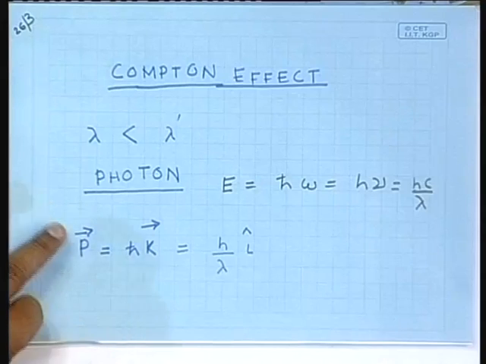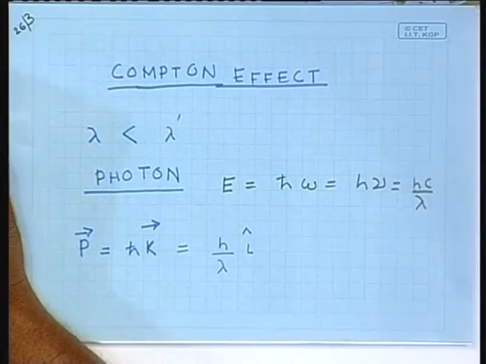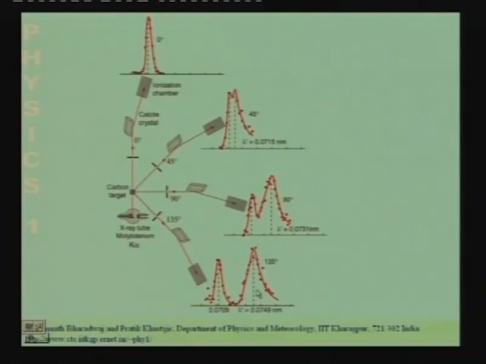Now, this extra wavelength component that is seen is referred to as the Compton effect, and in order to explain this new wavelength component at a larger wavelength than the one that was sent in, it is required to invoke a particle-like property